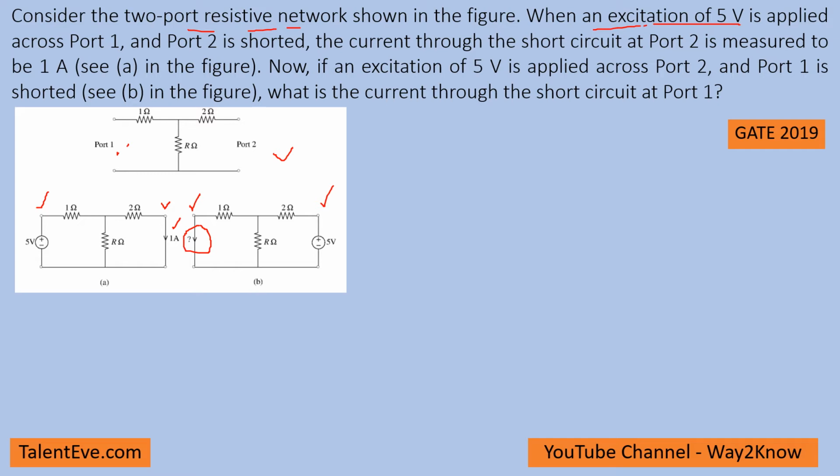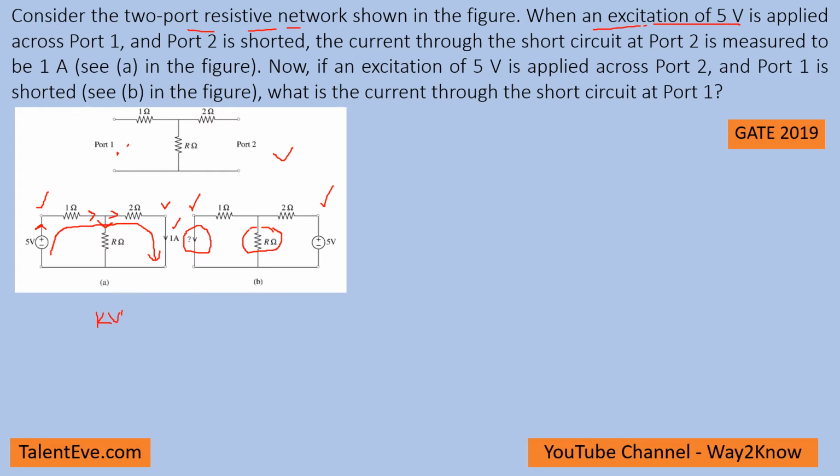To calculate this current, we definitely need to calculate the resistance. Then we can calculate the current here. So first let us use the first network to calculate the resistance. As the current is passing in this direction from the source towards this node, if you use Kirchhoff's law in the bigger loop for the first network,